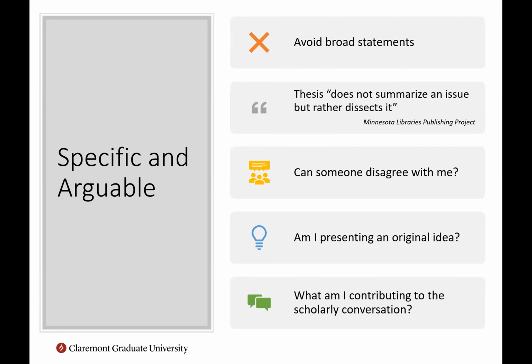And what am I contributing to the scholarly conversation? Again, this is much more important if you're writing a thesis or a dissertation than if you're just writing a course paper. But even in that case, what are you adding? Even just to the readings you've done in that class, are you contributing something new, a new approach, a new outlook? Essentially, why is somebody reading your paper instead of all the papers that already exist? What new approach are you bringing to this topic?